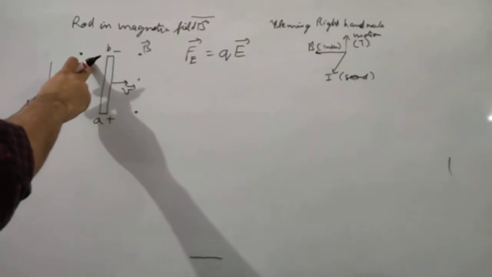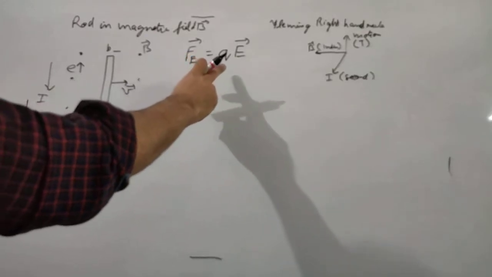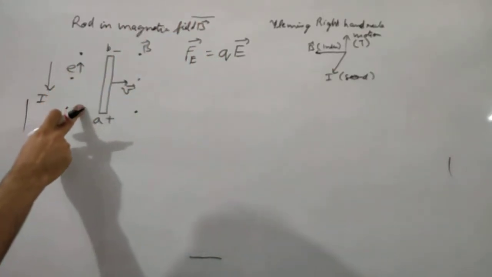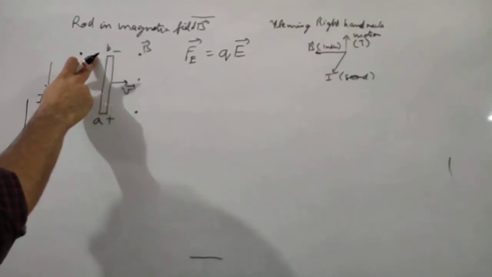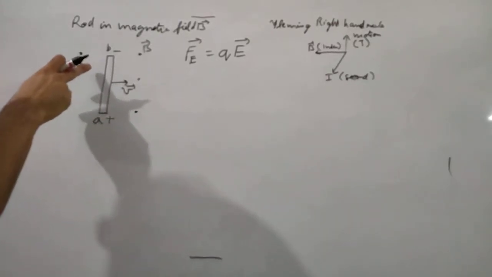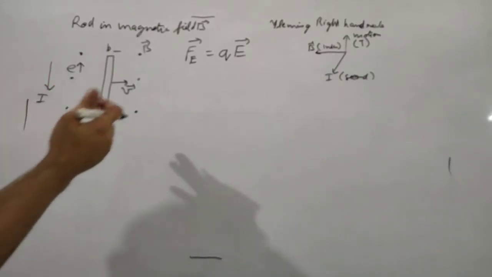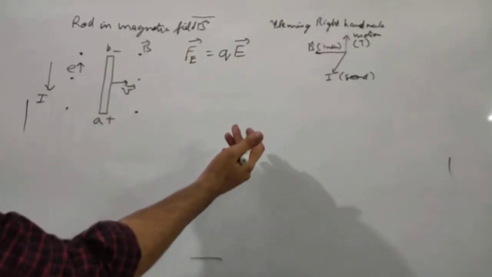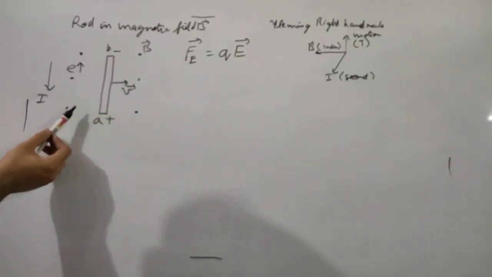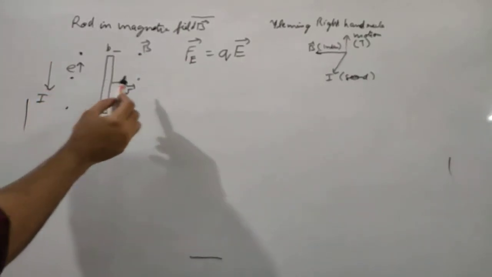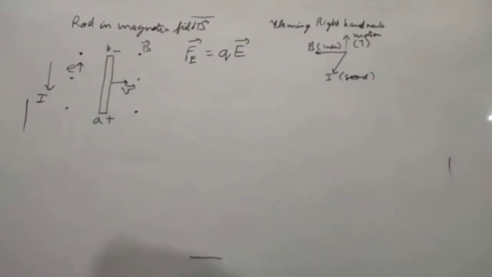So in this direction, now we know that the force due to electric field is in the direction of positive charge. So if electrons are moving in this direction, we can assume that if negative particles are moving in this direction, we can also understand it by saying that positive particles are moving in this direction, opposite to negative. So this force is in the direction of positive charge, so it is in the direction from B to A, while electrons are moving from A to B. That means these electrons are going to feel this force in the opposite direction from B to A.